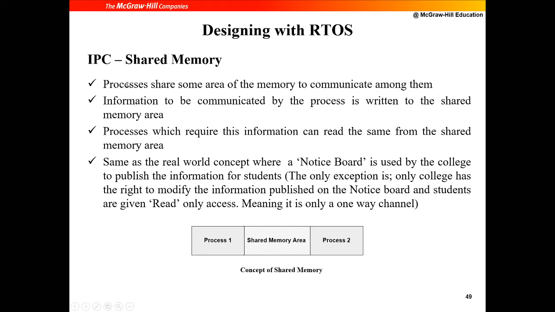In IPC, shared memory is a concept where two processes share one memory area. It's like some kind of buffer. You put whatever you need to share in this buffer area, and the other process can also see it. It's a shared variable kind of thing. Sometimes we use global variables in our program as a buffer to communicate across functions. It's similar to that, but this is between processes.